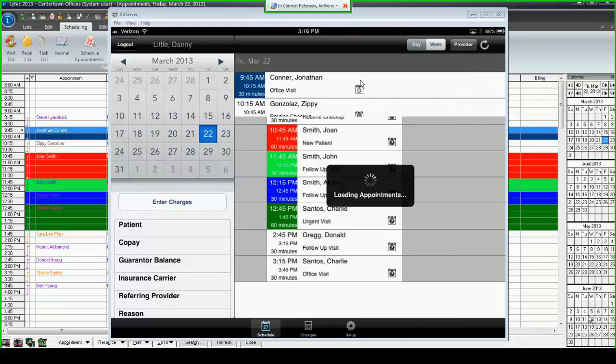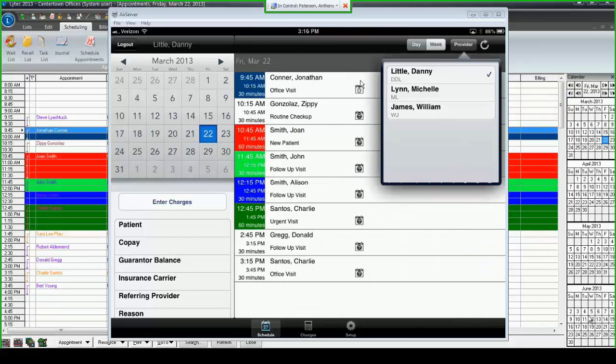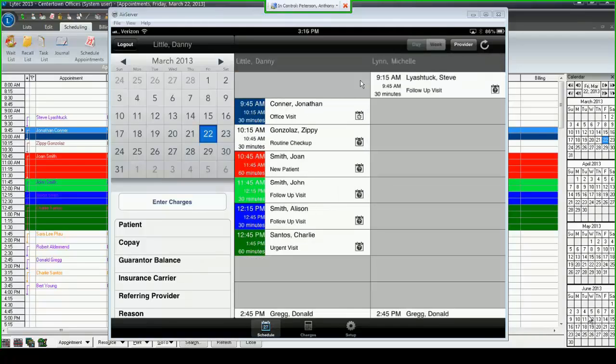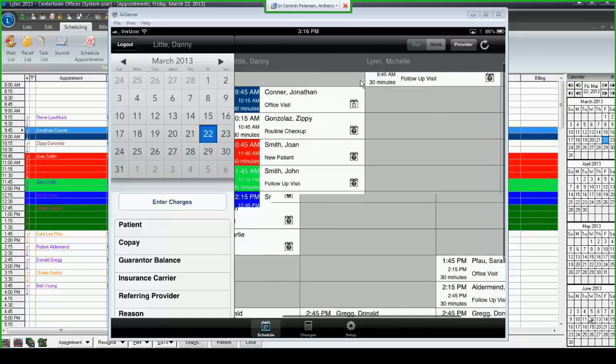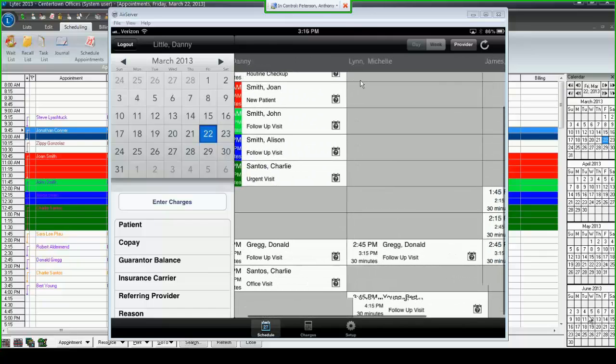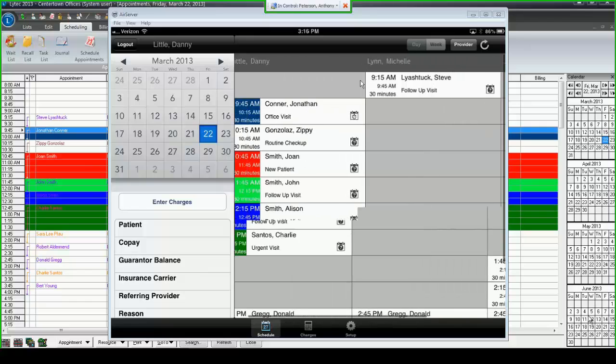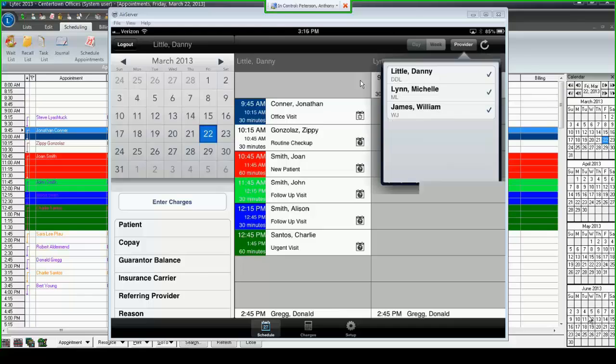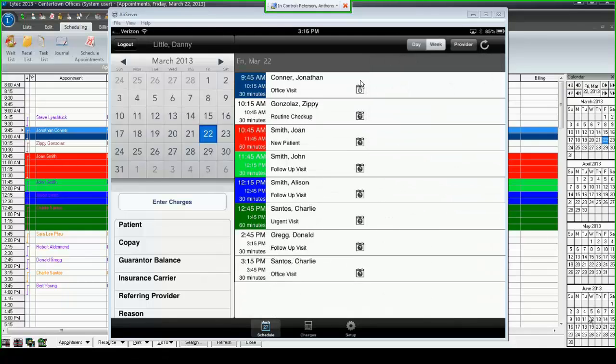If I go back to the single day view, you'll also notice that you have the ability to see for a single day the schedule for multiple providers. So there you can see those are the providers that I have scheduled today, and those are the patients that I have scheduled for the various providers for today. I'm going to go back to Dr. Danny Little's schedule and highlight one of my patients here. So let me pick the right one,